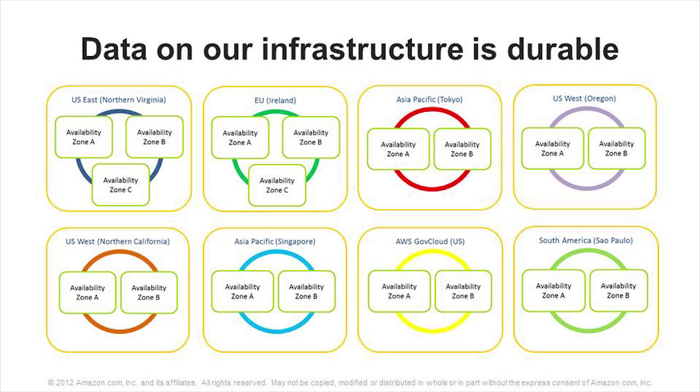Within each of the regions, we have a further subdivision that we call an availability zone, or an AZ for short. When you choose to build your application, we strongly recommend that you distribute your functionality across 2 or more availability zones in an individual region. Each of the zones in a region is equipped with its own physical security, network connectivity, power, cooling, and control infrastructure.